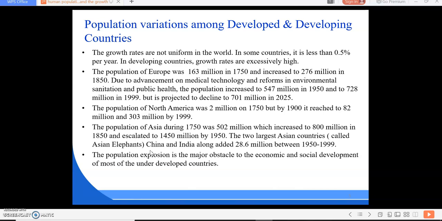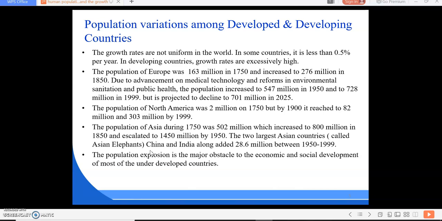The share of North America was 2 million in 1750, but by 1900 it reached 82 million, and by 1999, 303 million. This is mainly by immigration. The population of Latin America and Caribbean islands was 16 million in 1750 and 38 million in 1850, and again it increased to 166 million in 1950,